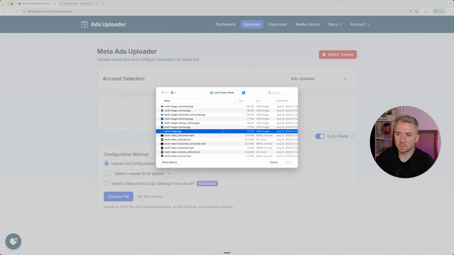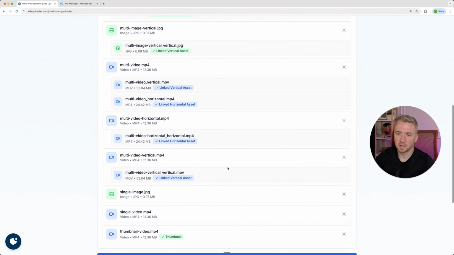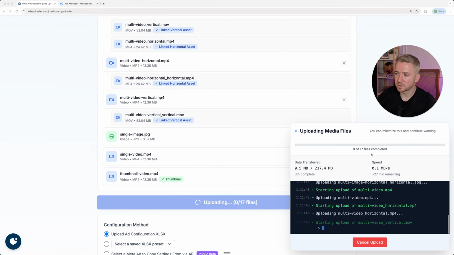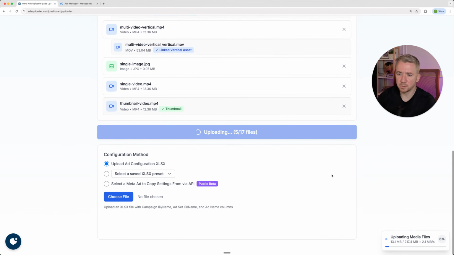I've got a mix of images, videos, some with different aspect ratios, some with thumbnails, and we're just going to upload all of them into the tool. So these are now uploading to the Meta Ads library, and we can minimize that and actually continue working with